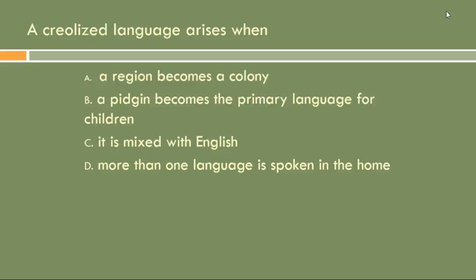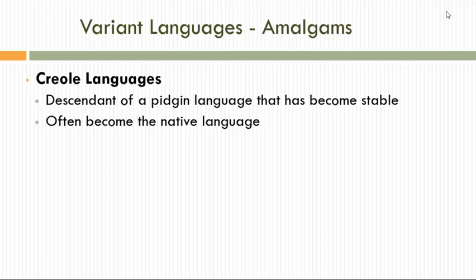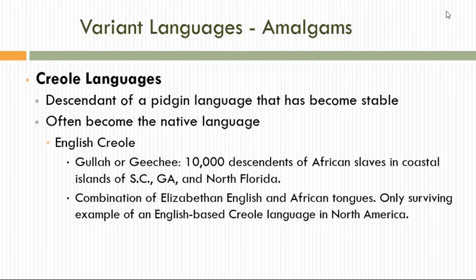A creolized language, a Creole language, is when a pidgin actually becomes the dominant language, okay? And so Creole languages are descendants of pidgins, and they are stable. They often become the native language of the area, and a really good example, and a pretty unique example actually,